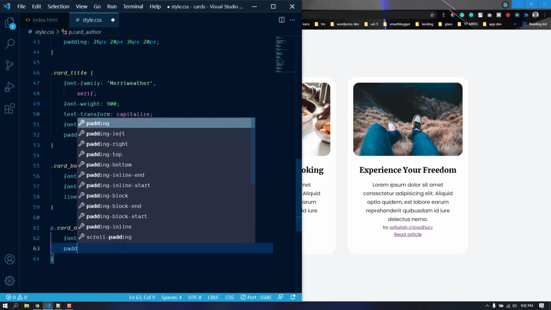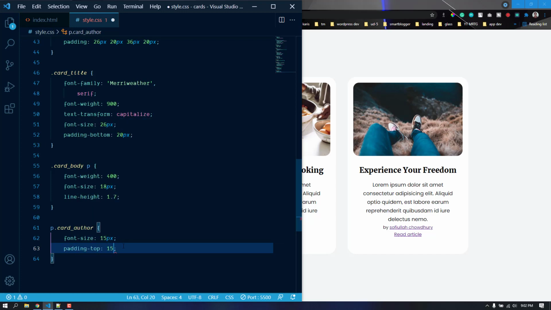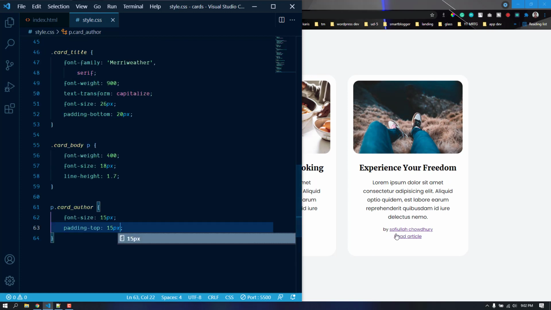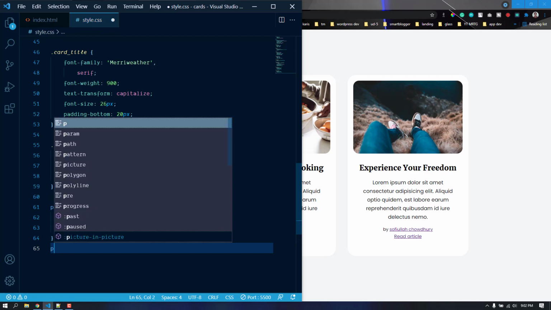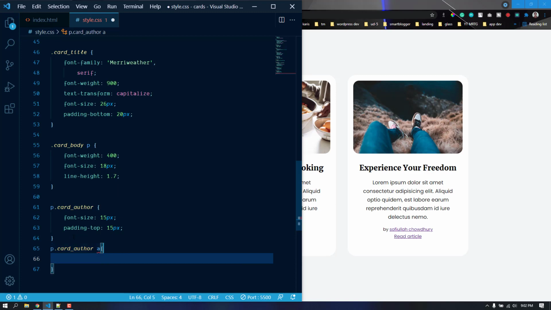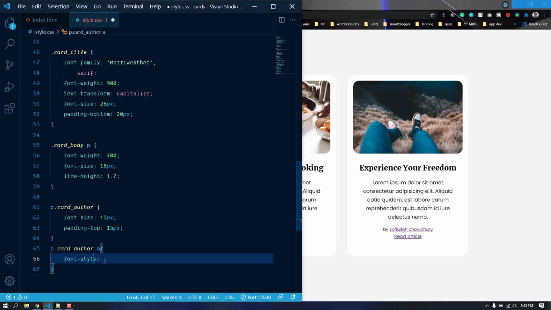Also we can add some padding at the top to create some gap with the text here. So I'm just going to add 15 pixels padding top. It got the 15 pixels. And for this anchor tag we want to make this italic. So let's target the paragraph tag with the class of card author and then the anchor tag. Let's make the font style, not size. Font style will be italic,